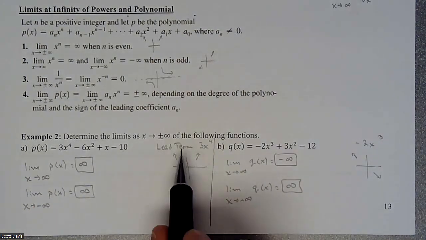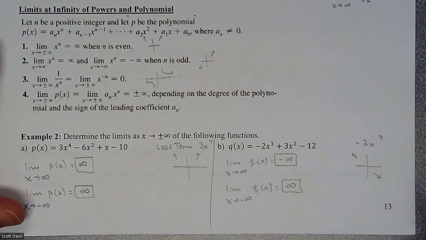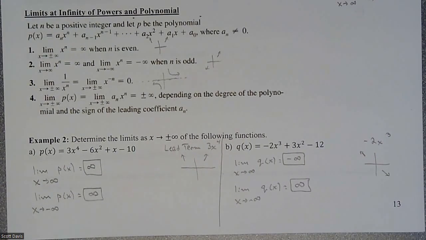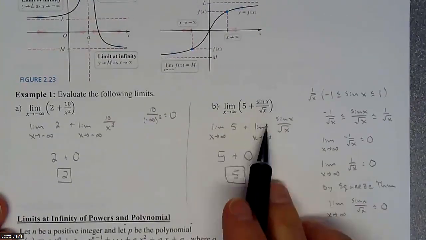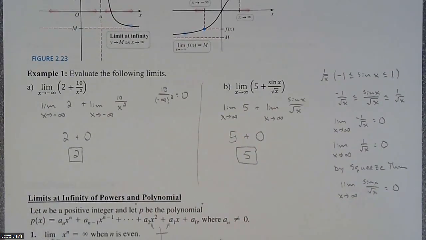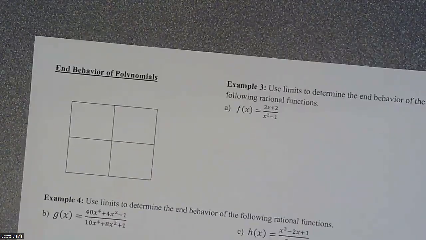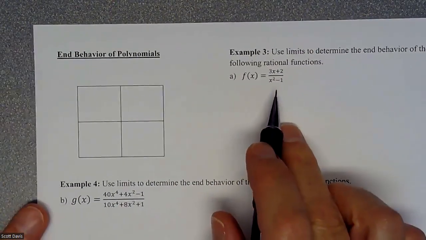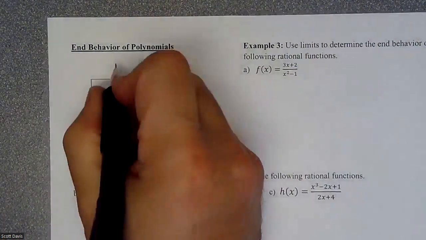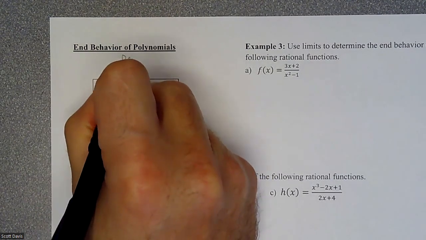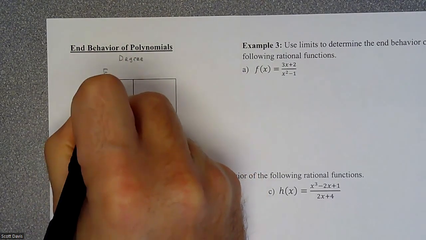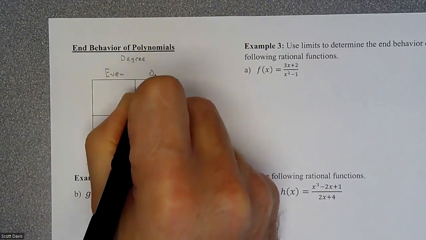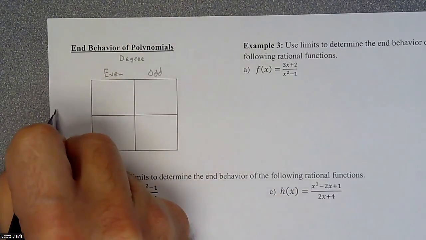But we can take a very pre-calc, college algebra look at this to make this a little bit quicker. When we get to rationals, when we have to talk about powers on top and powers on bottom, then we're going to have to take a little bit of a different look at it. So a quick summary: degree plays a role, so we're looking at evens or odds, and then your leading coefficient